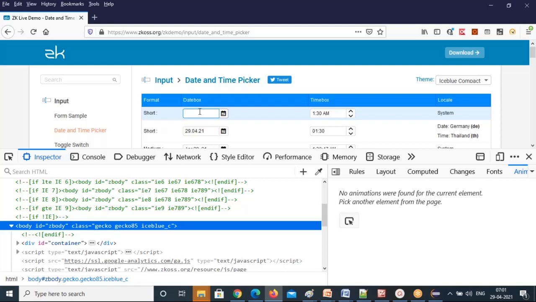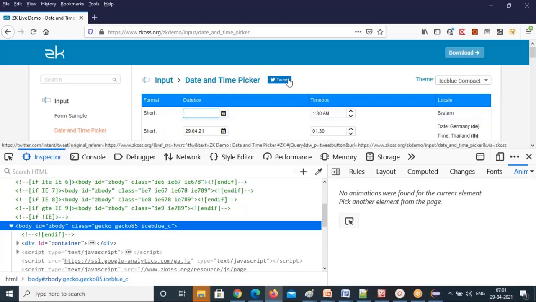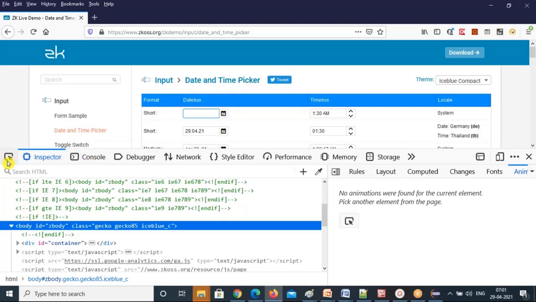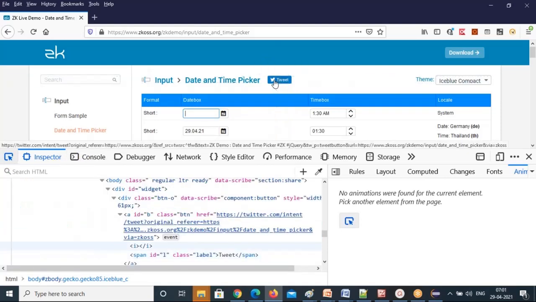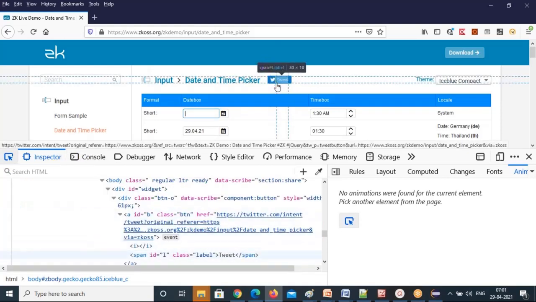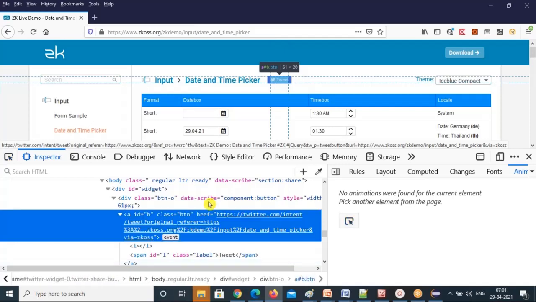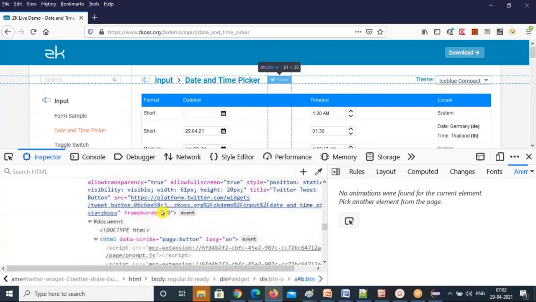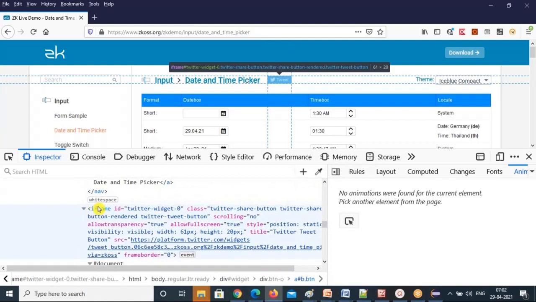And one more time, I'm going to show you frames. This tweet is available in the internal frames. Can you see that? Let me show you. This tweet is available in the internal frame inside. Let's move up a little bit. See, this is the one. Only the tweet is in the internal frame. So you know how to handle internal frames.